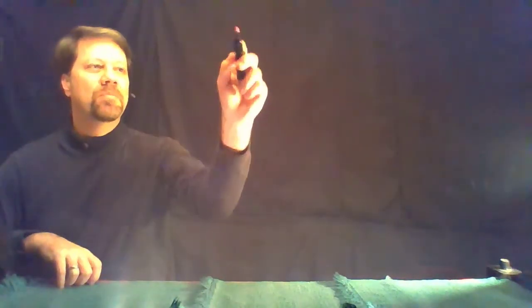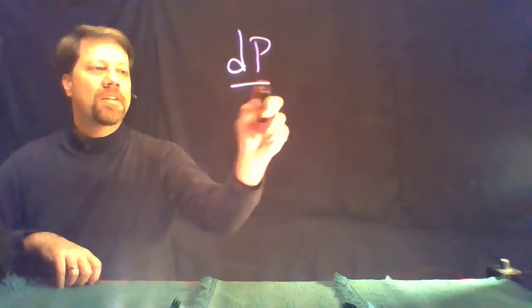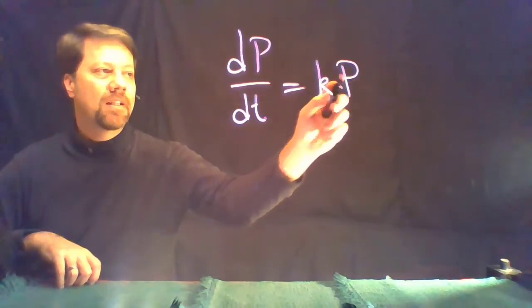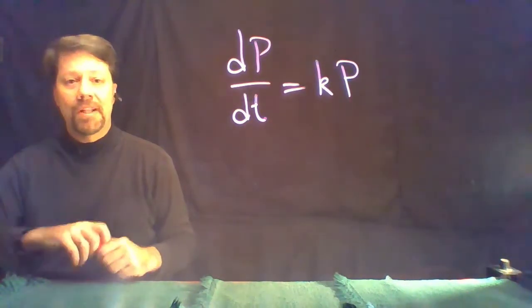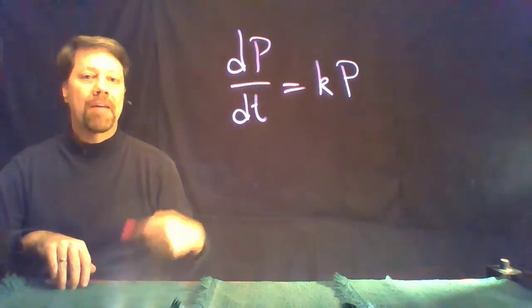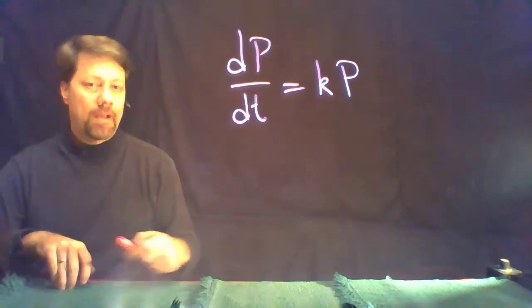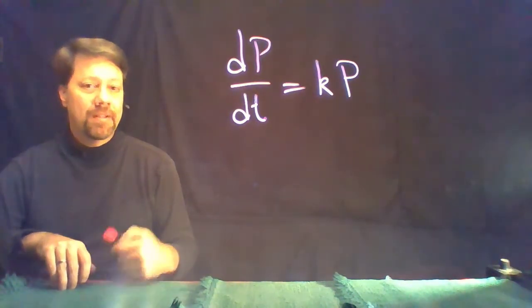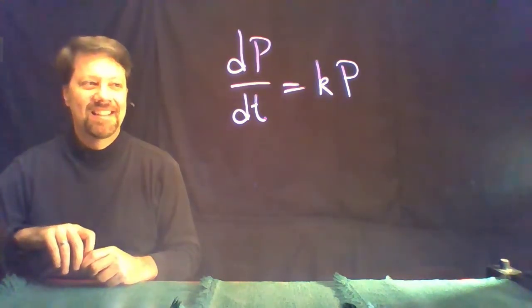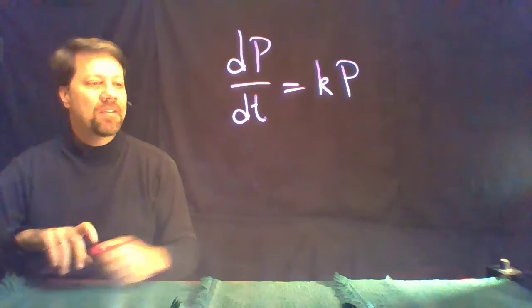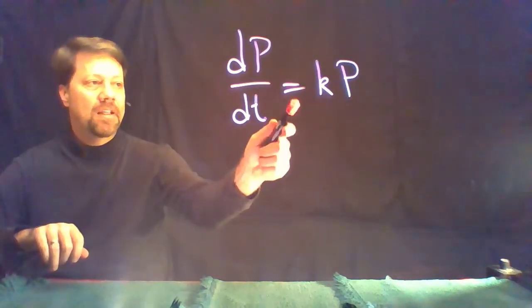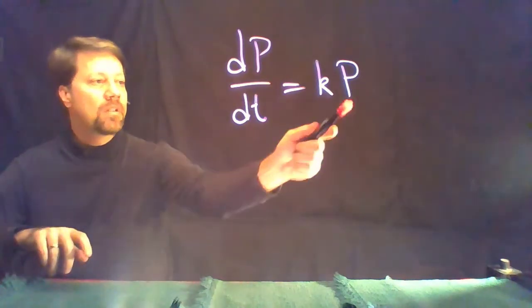As an example, consider the differential equation dp/dt equals kp, an equation that is sometimes called the natural growth law or the Malthusian growth law, after Malthus, who in the 18th century predicted the end of the world based on this equation. This equation says that the rate of growth of a function, dp/dt, is proportional to the